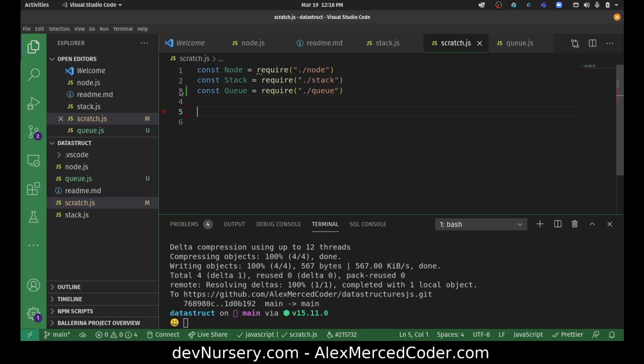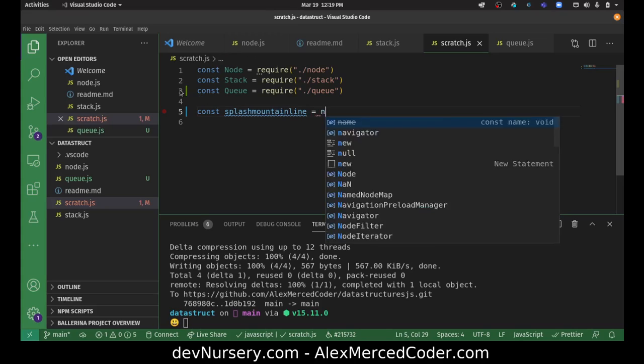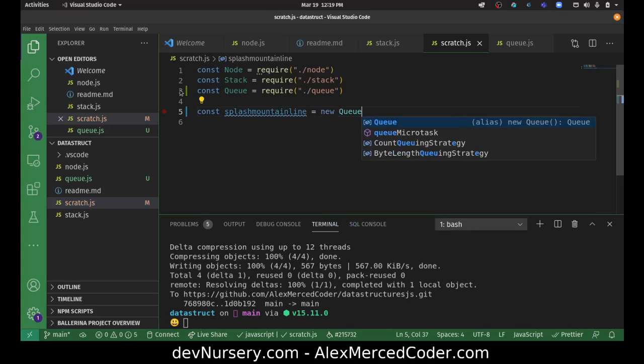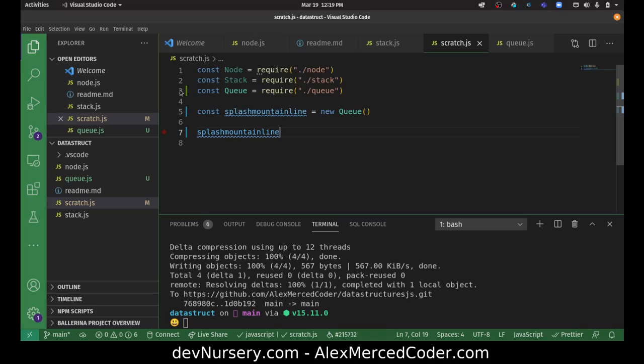So we'll create a new queue. We'll say const splashMountainLine, so this is the line for Splash Mountain over there at Disney, equals a new Queue. It's a new line. And now we're going to say splashMountainLine.queue, meaning someone's getting in line. Bob gets in line. And we'll just do that a few times. So Bob gets in line, Stacy gets in line,